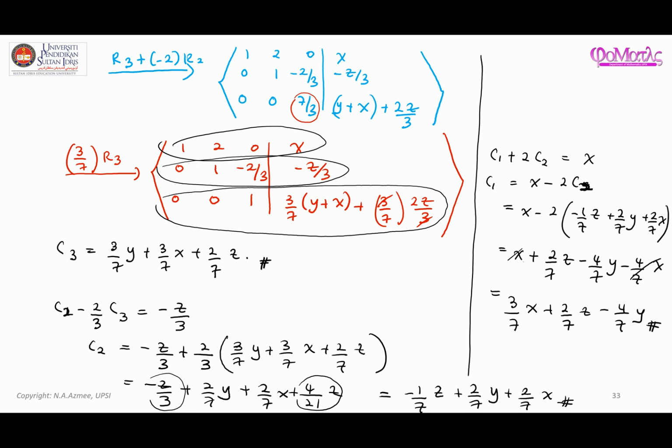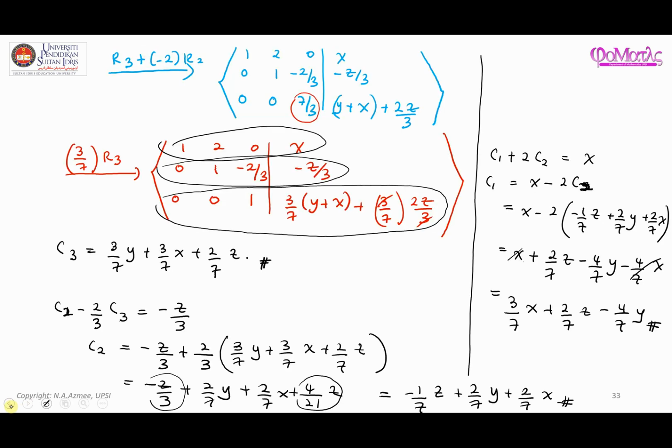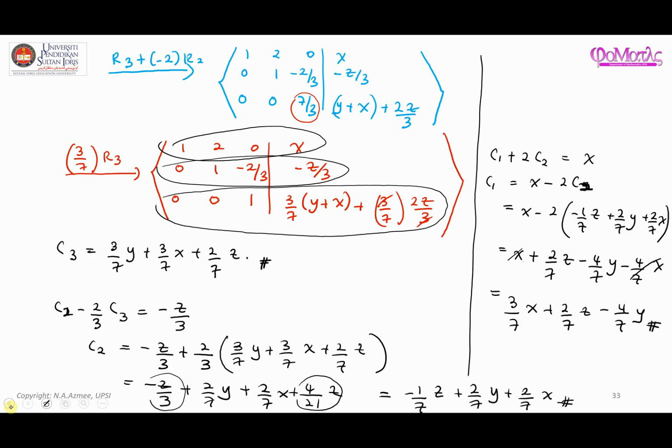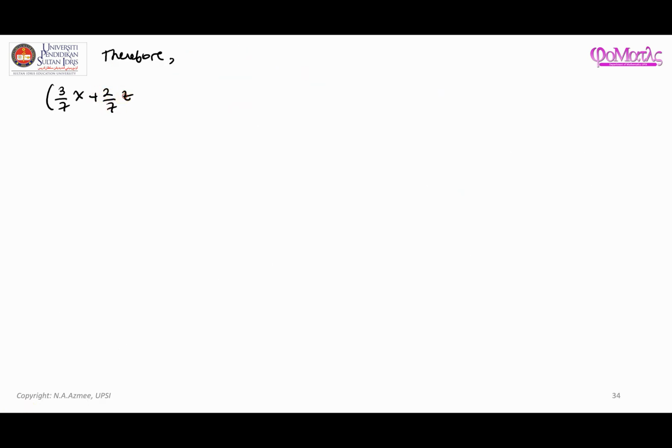Okay, right. Therefore, what we can do is write it in terms of the proper linear combination. So here we have C1, 3 over 7x plus 2 over 7z minus 4 over 7y, and this is the first vector, which is 1, negative 1, 0, and then plus negative 1 over 7z plus 2 over 7y plus 2 over 7x, and the second vector is 2, 0, negative 3,